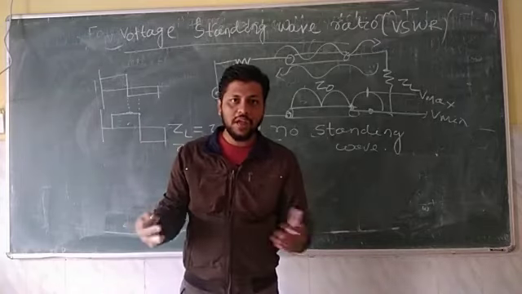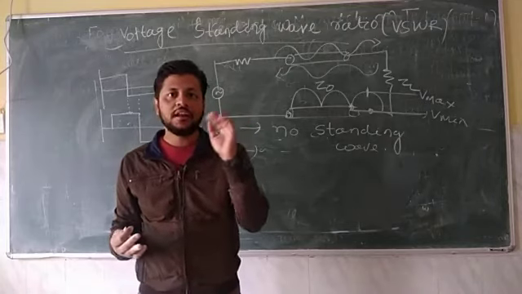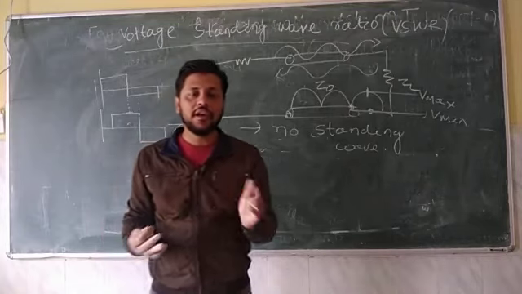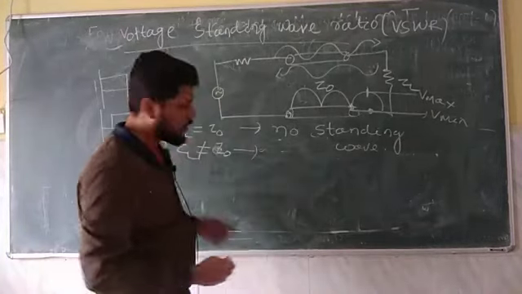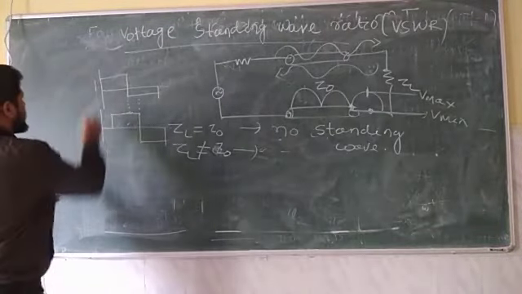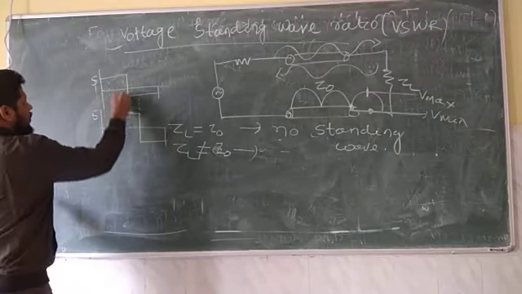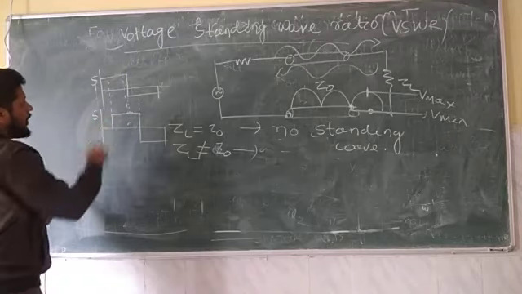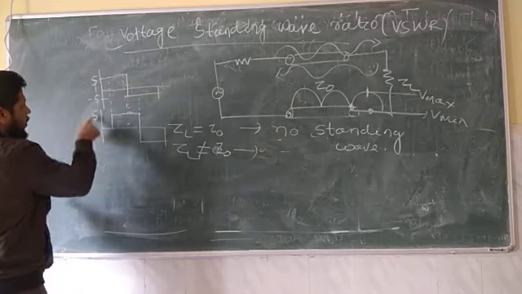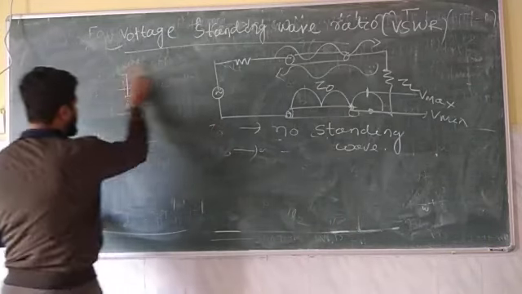So interference is of two types, constructive and destructive. Constructive interference will take place when incident and reflected waves are in the same phase. Destructive interference will take place when incident and reflected waves are in the opposite phase. So we can understand from here when it will add up and when it will be subtracted. Suppose this is amplitude 5, this is also amplitude 5. In this case, from here to here, the wave will be added up, 5 plus 5 is 10, and from here suppose this is minus 5, and from this instant to this instant, minus 5 added with plus 5 will end up with 0. So that will be denoted by V minimum.